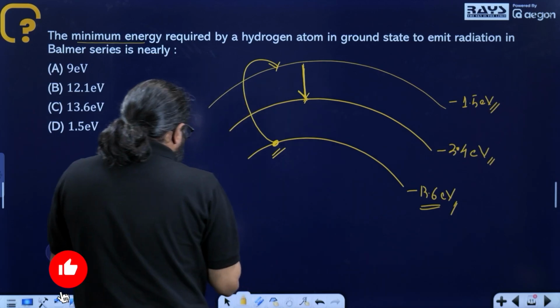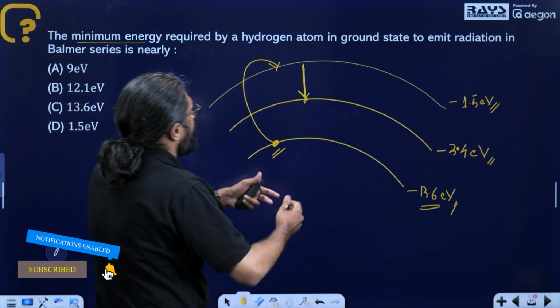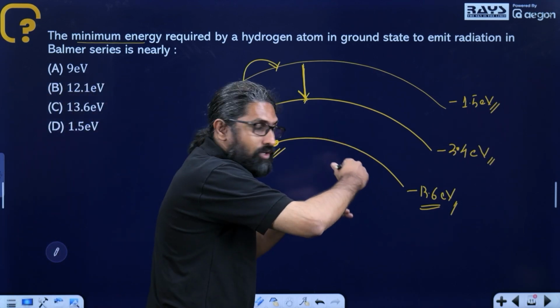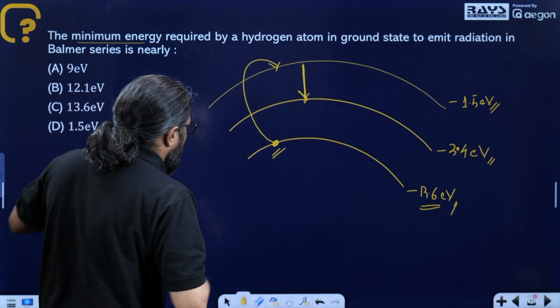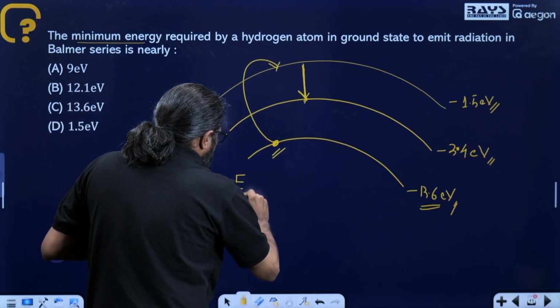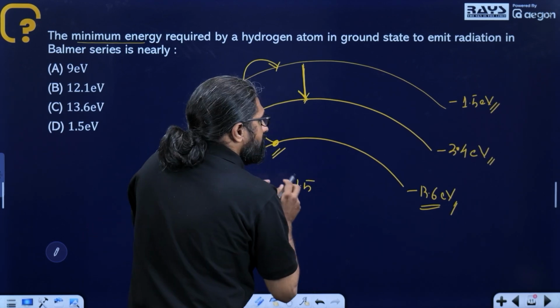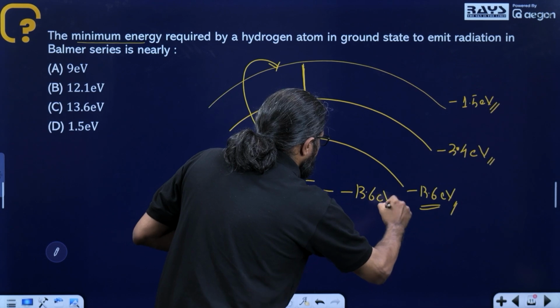So an electron should do a transition from, or receive some amount of energy to jump from the first, or from the ground state to the third orbit. So how will you calculate that energy? That energy required will be equal to minus 1.5, that is the final, minus initial, minus 13.6 eV, that will